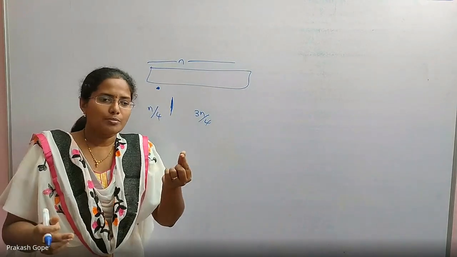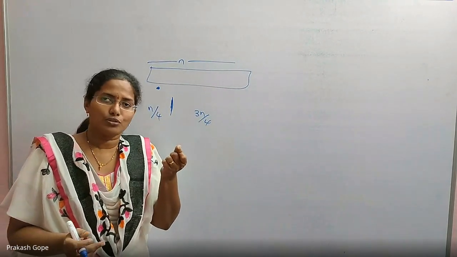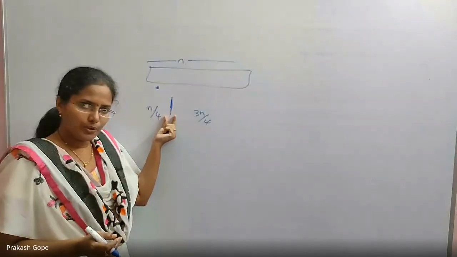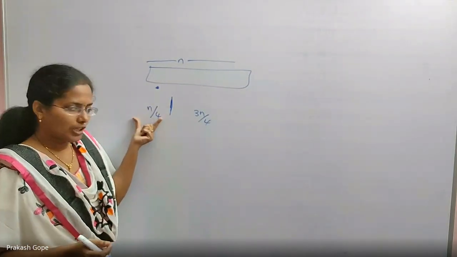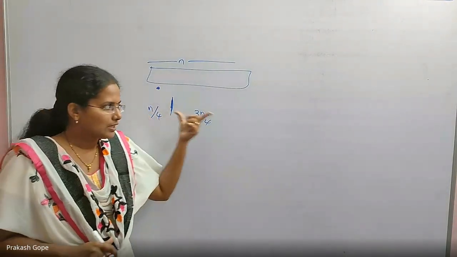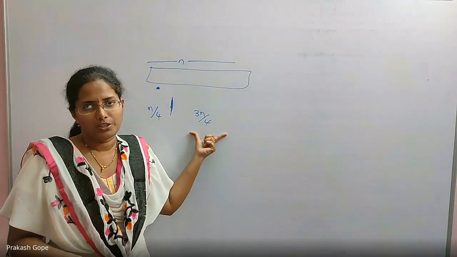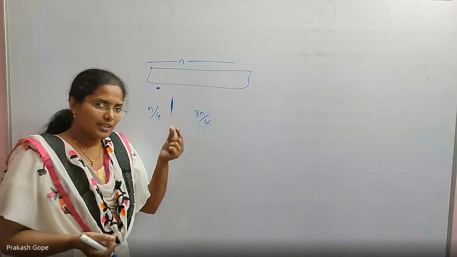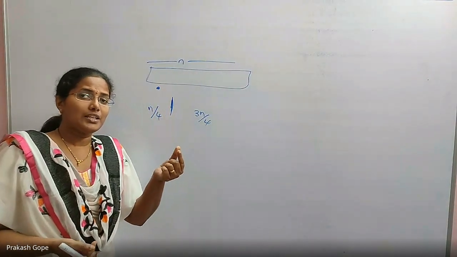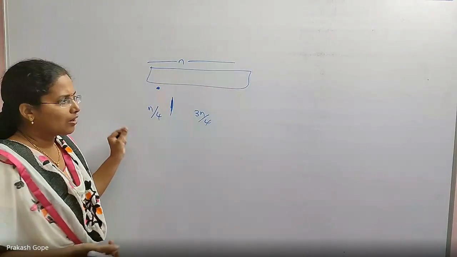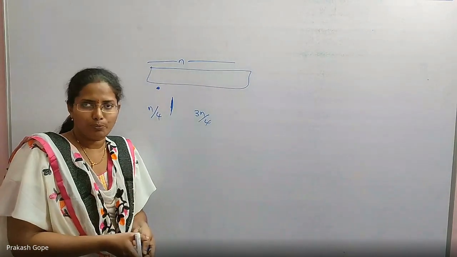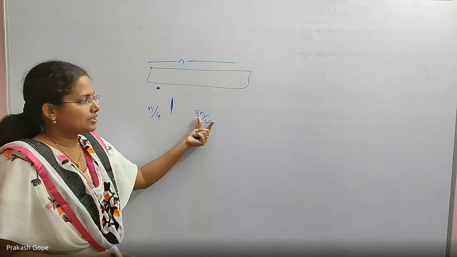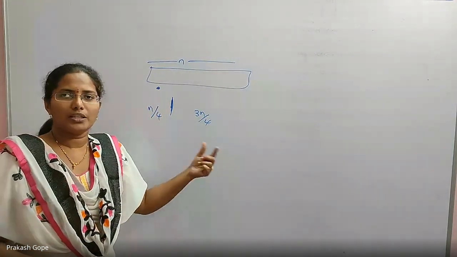With 100 elements, I am selecting 25 because that is the n by 4th smallest element. That 25 will occupy this position, so that one part has n by 4 elements and the other part has 3n by 4 elements. Every time the same logic. Obviously that will occupy the n by 4th place in the array. So the array is in two parts: one part is n by 4, the other is 3n by 4.